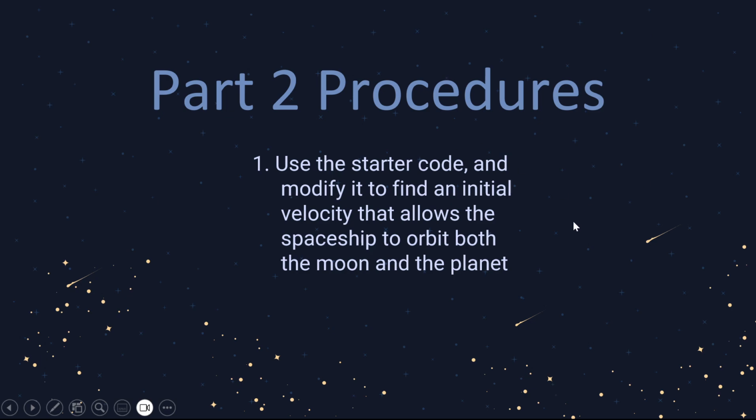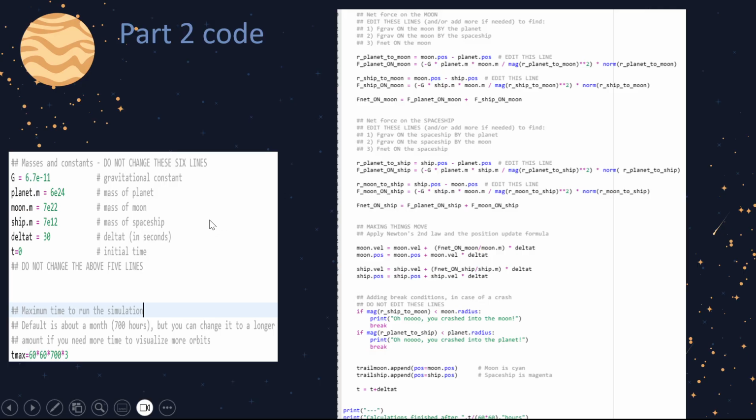Part 2 procedures: you're going to use the starter code and modify it to find the initial velocity that allows the spaceship to orbit both the moon and the planet. So this is your starter code, your same initial conditions that were given, and I increased the time a little bit to show more of the orbit. So basically what you do here is you're finding all the different gravitational forces, like the planet on the moon, ship on the moon, and you get the F net, and then you get the F net of the ship. And you're going to use all that. You're going to use your velocity update, your position update, your velocity update, your position update, and that will give you